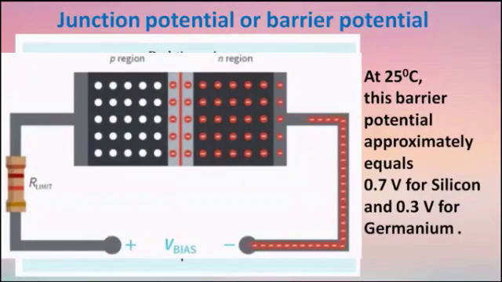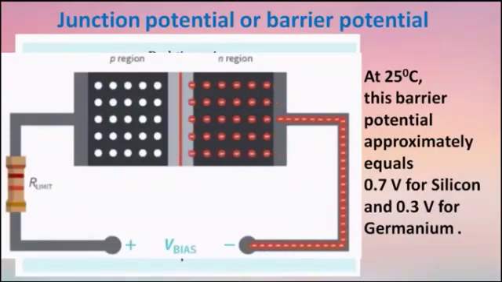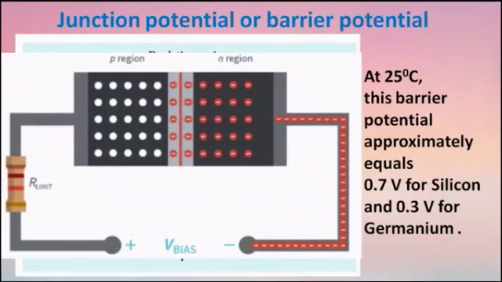The strength of the electric potential difference across the depletion region keeps increasing with the crossing of each electron until equilibrium is reached at that point. The internal repulsion of the depletion layer stops further diffusion of the free electrons across the junction. This difference in the potential across the depletion layer is called the barrier potential.